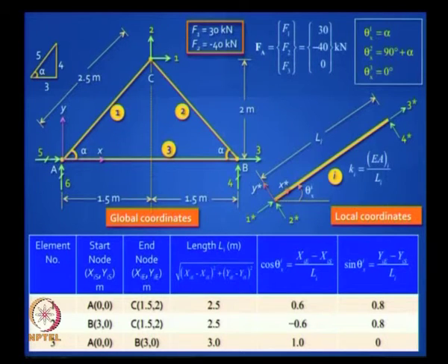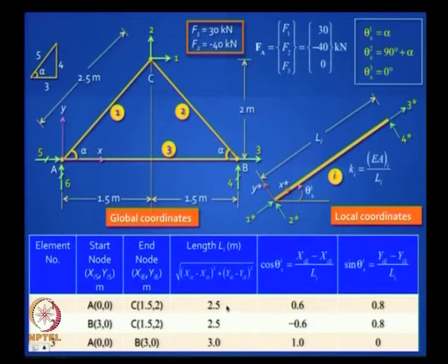So you can do it systematically, handling as many members as you wish by writing down the element number, the start node, and the coordinates for the start node, choosing some origin. Usually the extreme left lowermost location is treated as the origin. Look at the notation that I put: xis, yis for the start coordinate, xie, yie for the end node. So your incidence is clear.